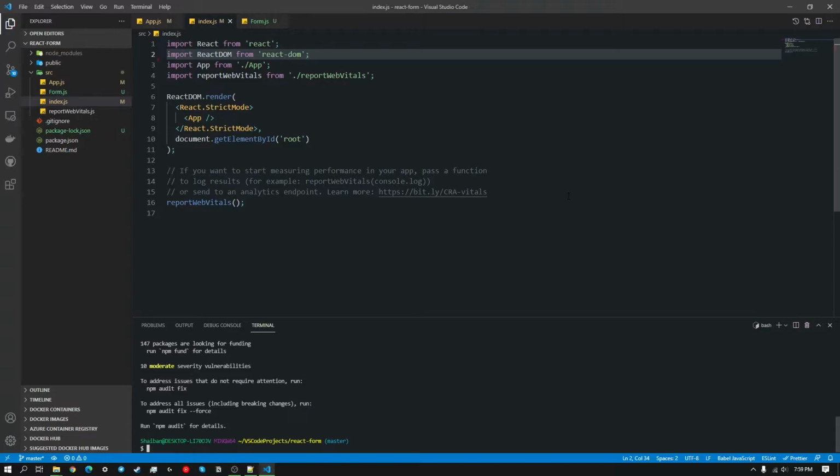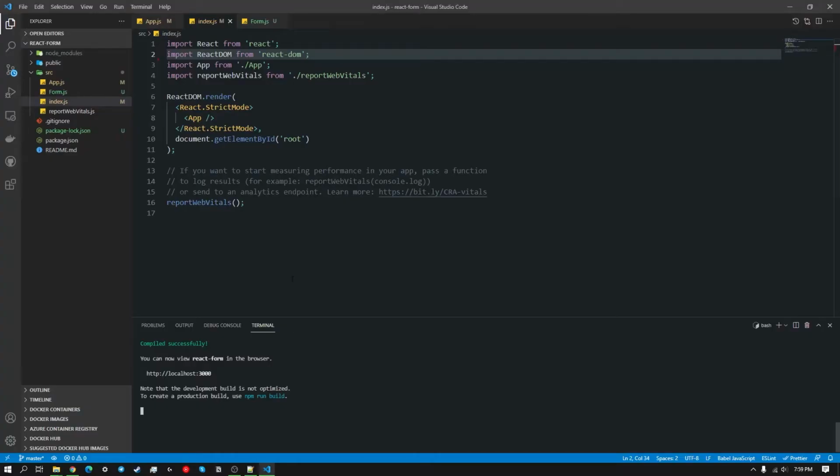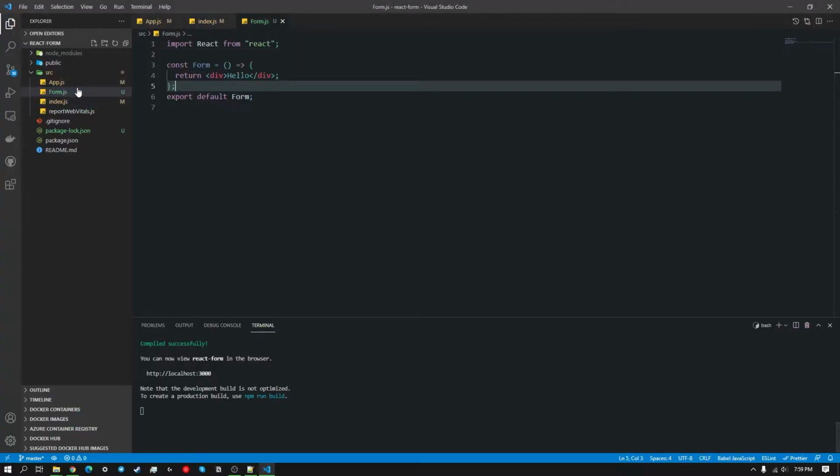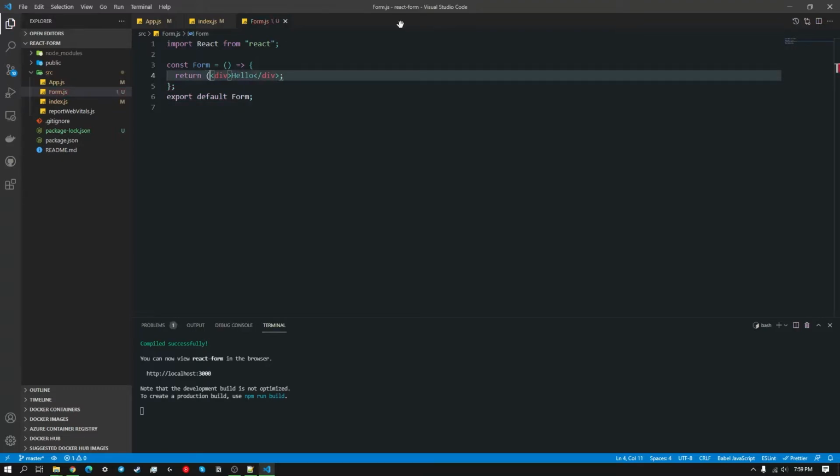And what we can do as well is just test if everything's okay by starting the app by running npm start, just to see if everything we've done so far is a-okay. And we get back hello, which is exactly what we want, which is great. So we can start making the form, essentially. Let's go. Right, so a form in React is slightly different from a form in regular JavaScript because all of the state is managed by React,